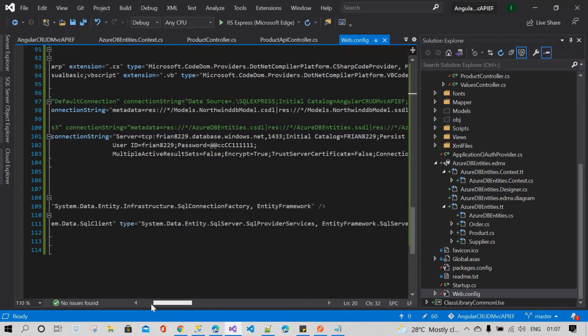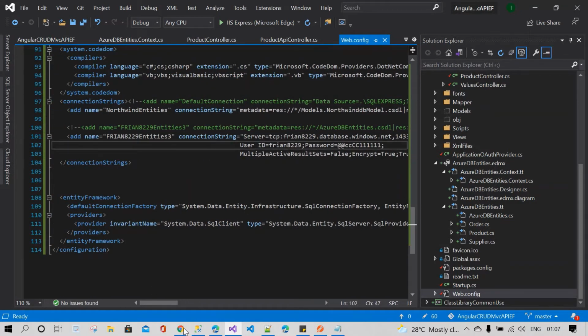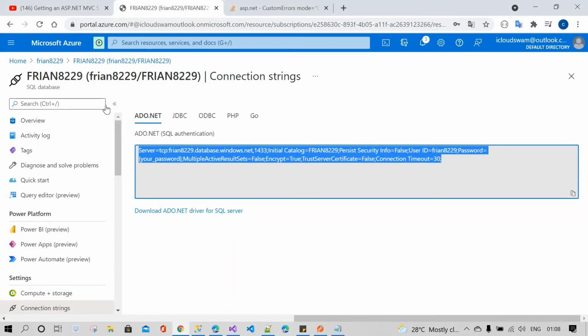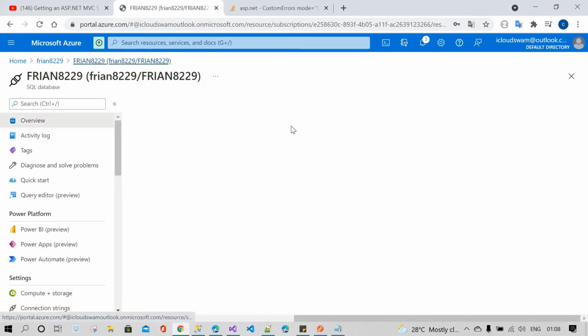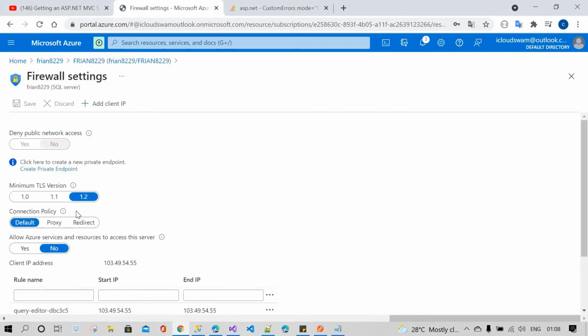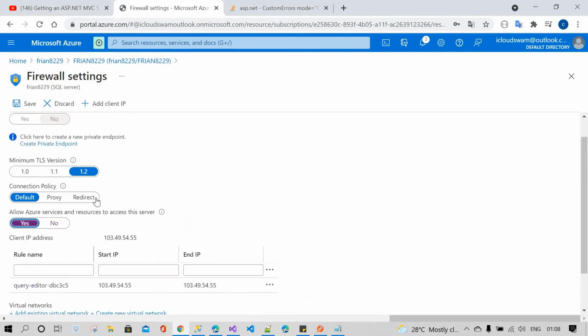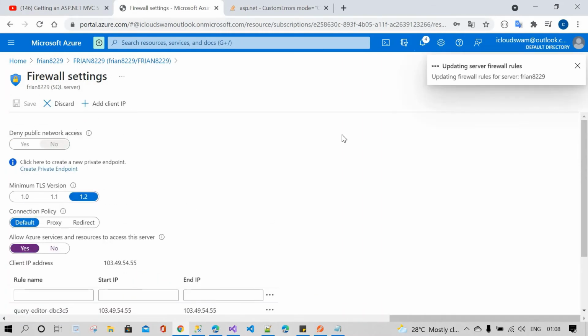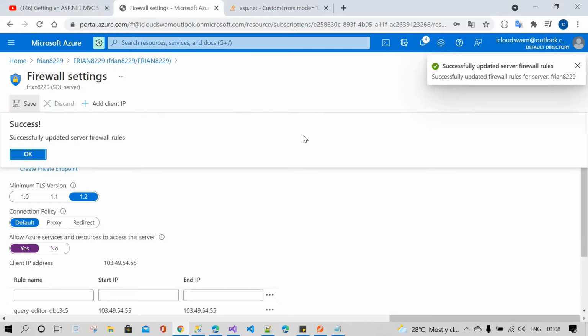So everything we have given is perfect. Let me check in the Azure SQL database. Okay, just turn it on. Might be this is the issue, might be.